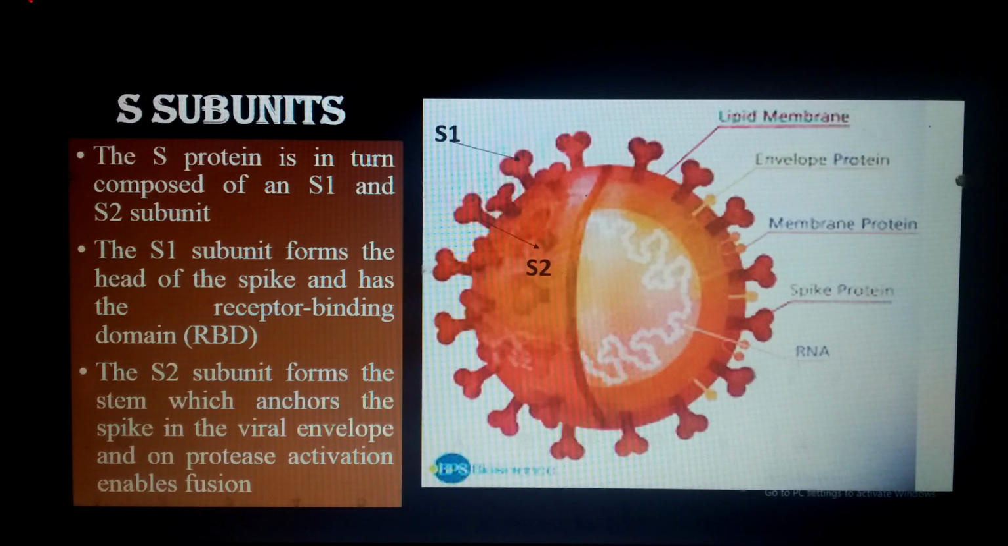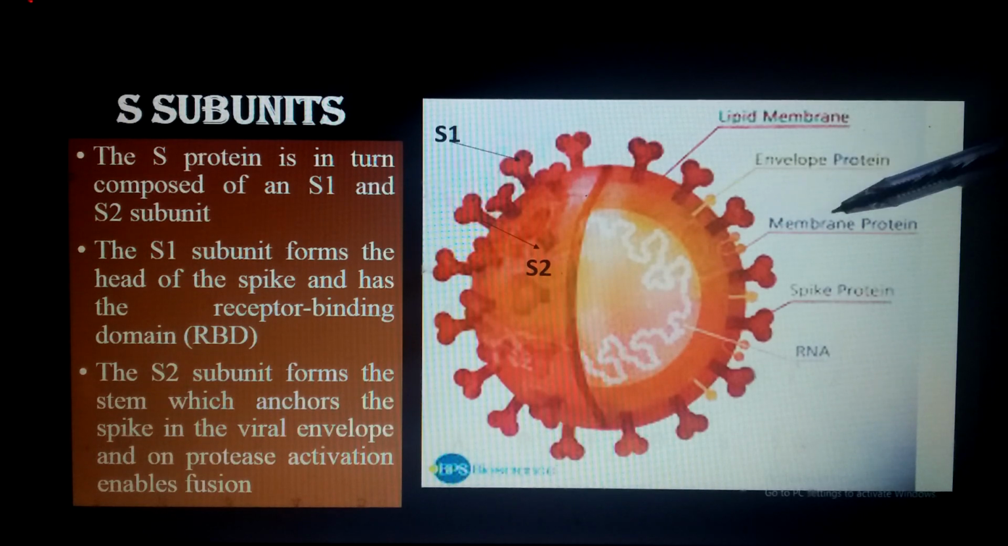You can say expanded portion here. This is the expanded portion. This one is the S1 subunit, and this is the S2 subunit. So this S1 subunit contains the RBD, meaning the receptor binding domain, and this S1 helps in the recognition of the